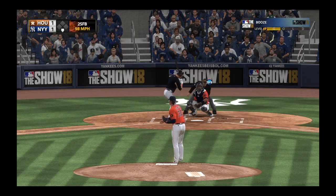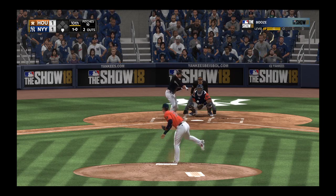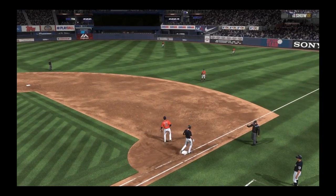His past numbers against Hector Rondon, he's just 1 for 6. Ball 1 to start the at-bat. Drilled to the right side. Altuve has it. Throw on to first, and we are